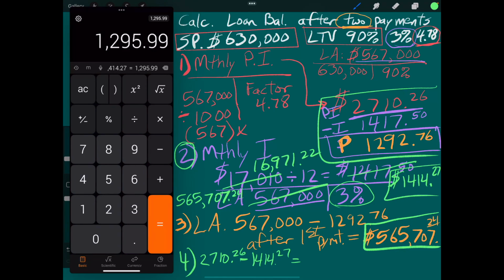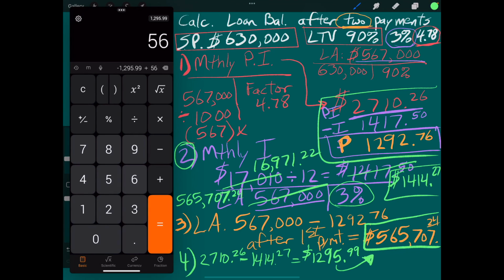That gives us a principal. The amount of money from the payment that went toward the principal was $1,295.99. Then we're going to subtract that number from the loan balance from the last step,